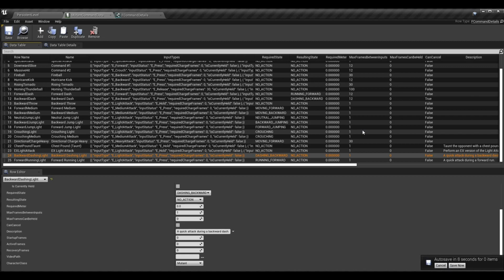So we do have to cancel out of the dash to be able to attack during it. However, the running forward does not actually take control of the character, so they can release and stop the running at any point. So we don't actually have to cancel out of the run. That's an important distinction to make because sometimes you may want cancels, such as when 2 commands are going to